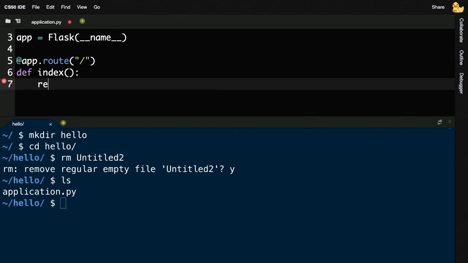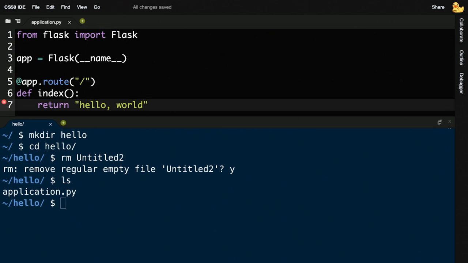And below that, let me just go ahead and do something silly like hello world, literally returning that string. And let's go ahead and see what exactly happens here after doing that. Let me go ahead now, and in my hello directory, if I type ls, notice that, again, I only have